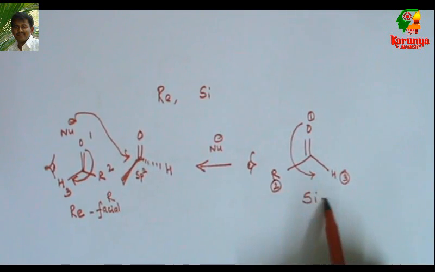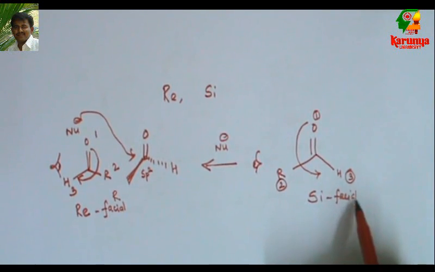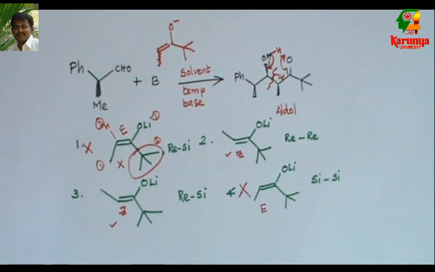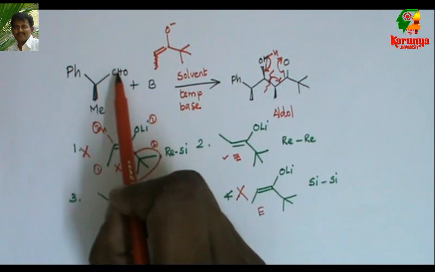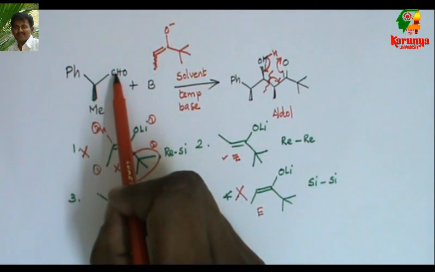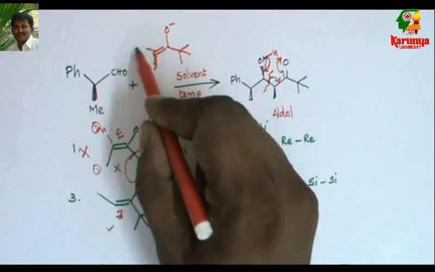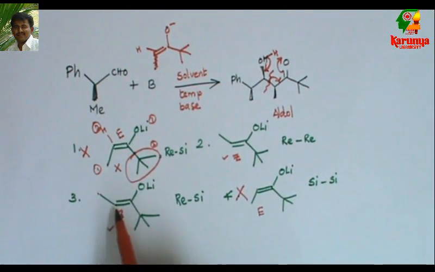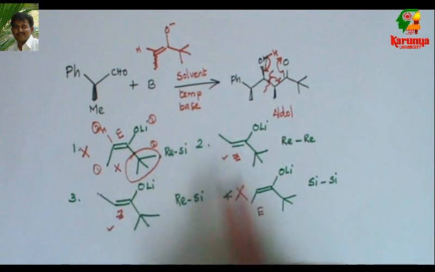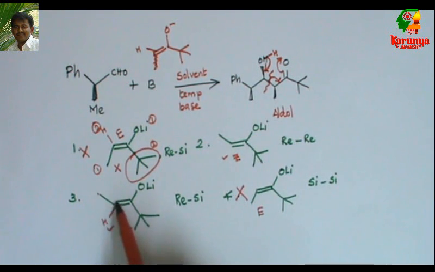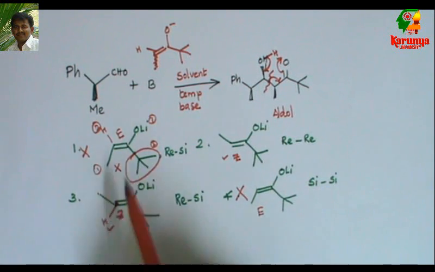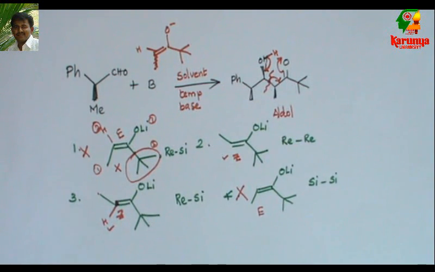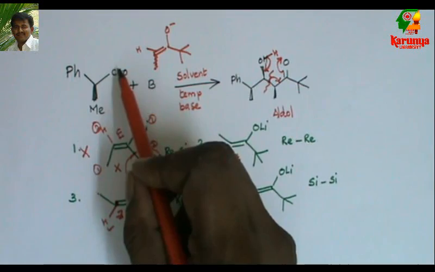Attacks from here, that is Si facial. In this problem, we have a trigonal aldehyde and this enolate, also trigonal. This enolate, we have already seen, is a Z enolate. So this carbon attacks the aldehyde. So what about this face, whether it is Re face or Si face, and which face of the aldehyde